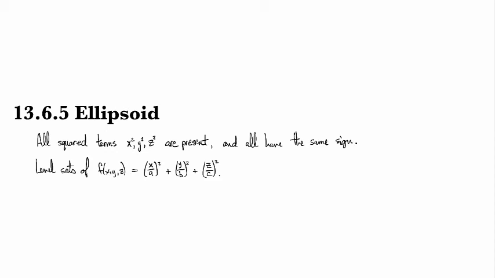So ellipsoids are what we get when all squared terms are present. So we have an x squared, a y squared, and a z squared, and they all have the same sign, so all positive or all negative. That means we're studying level sets of a function which is a quadratic polynomial in 3 variables that looks like this. So all three x squared, y squared, and z squared are present,